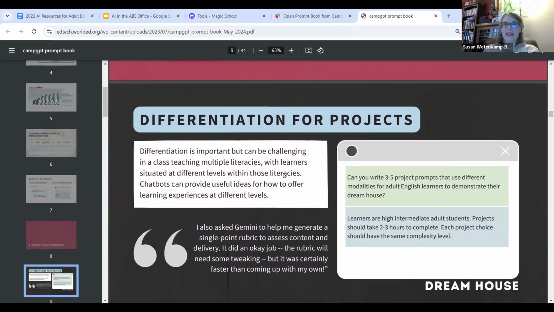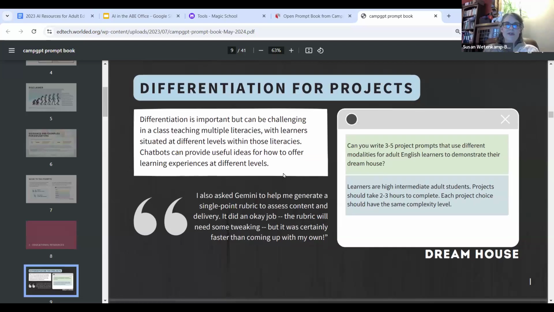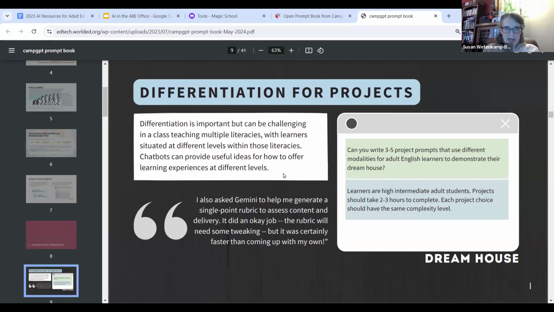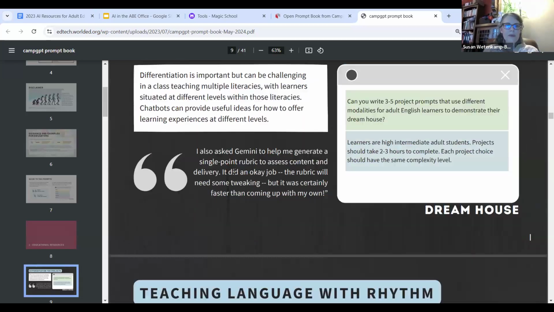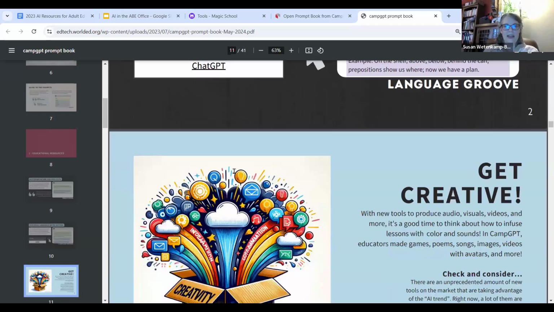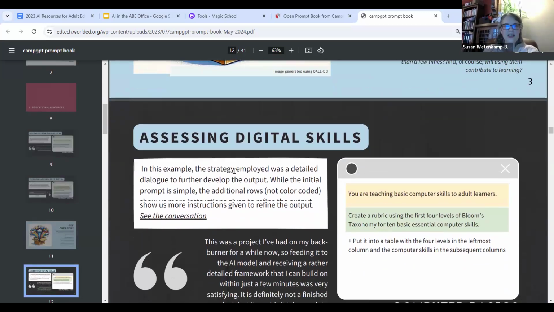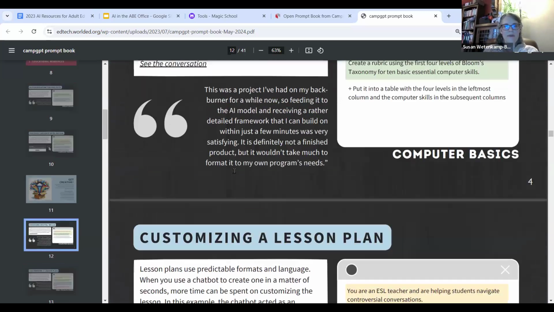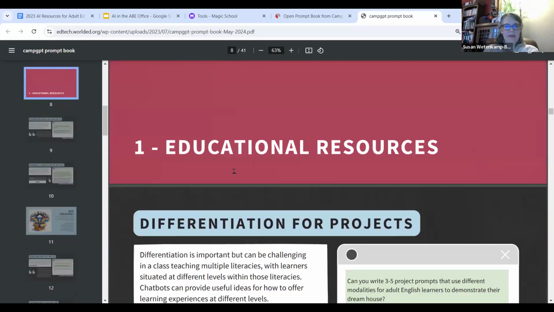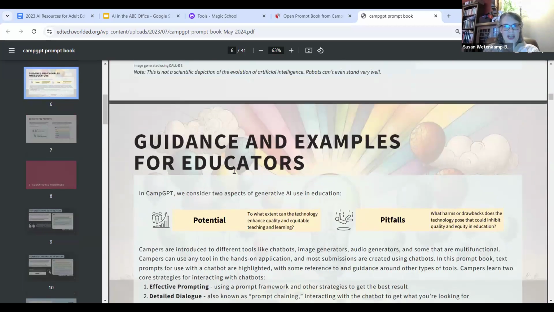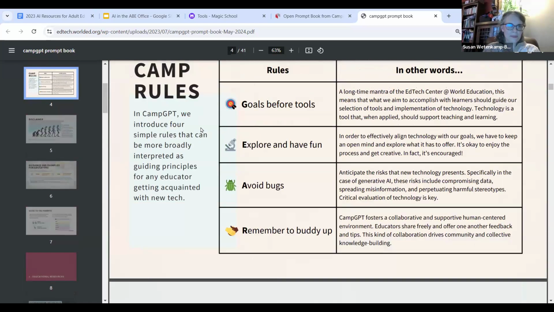It's beautifully designed. And it gives a good broad perspective of a lot of different uses for AI and what's working for people, what's not working for people. So I strongly recommend taking a look at this and just reading through this guide and passing it along to other educators who might benefit from it.